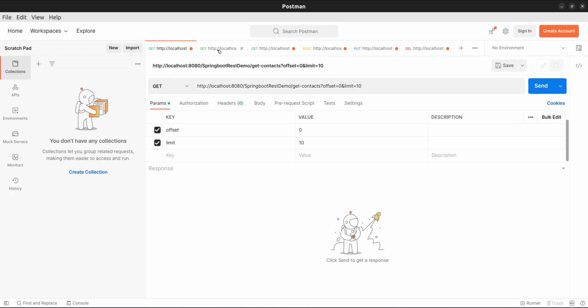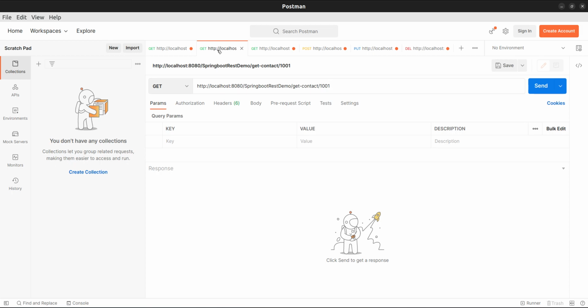And in the second get, we are getting only one single contact on the basis of contact ID. And that contact ID, we are appending after get contact URI.